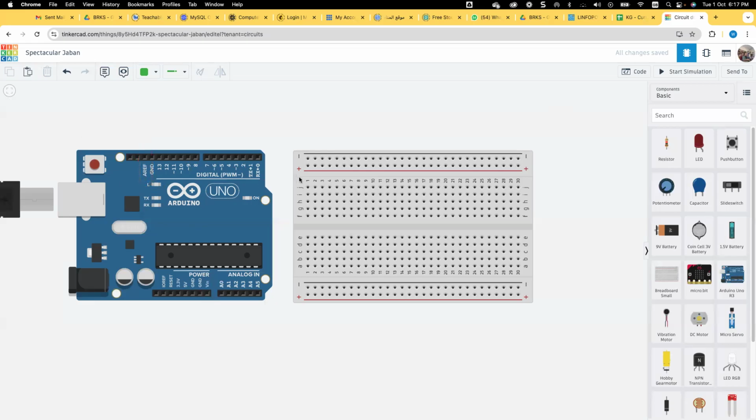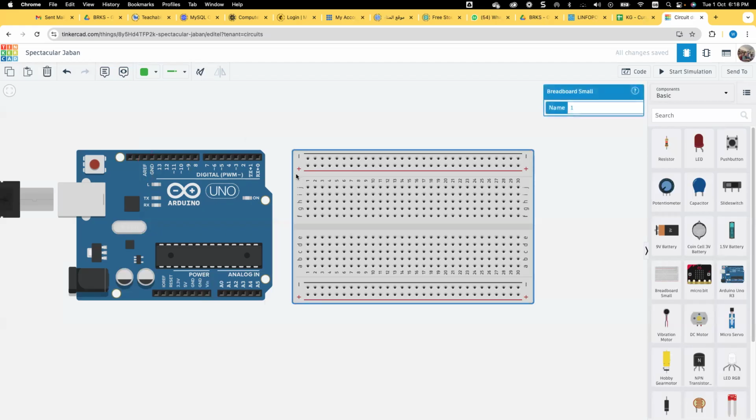Now I move to the breadboard. It is compared to the socket wire, where we can plug many chargers and cables for laptops, computers and others. So the breadboard is similar to a socket.